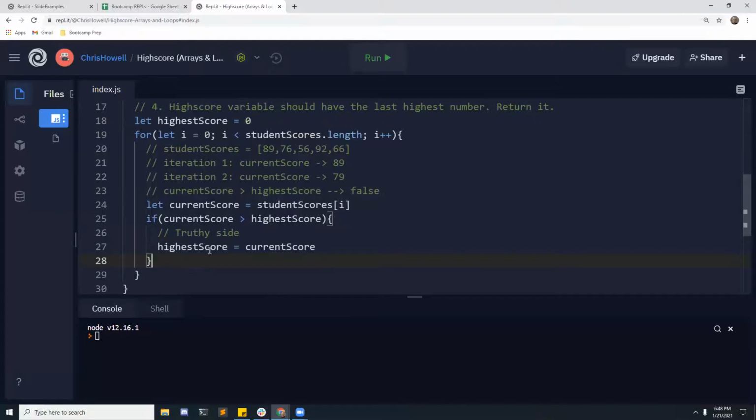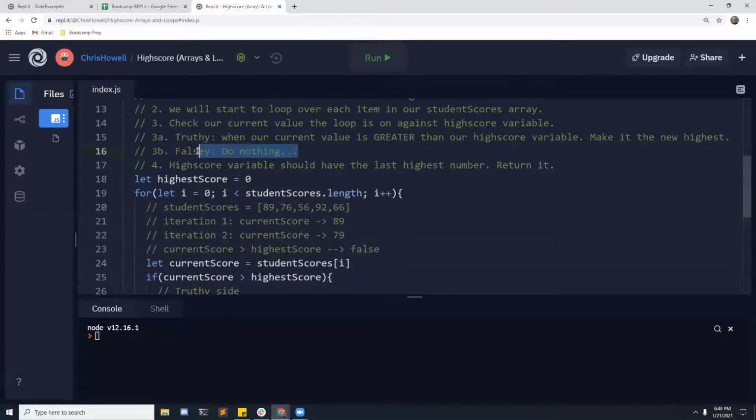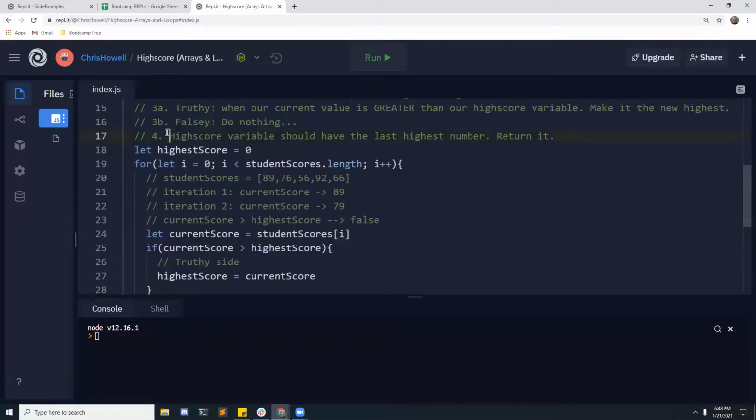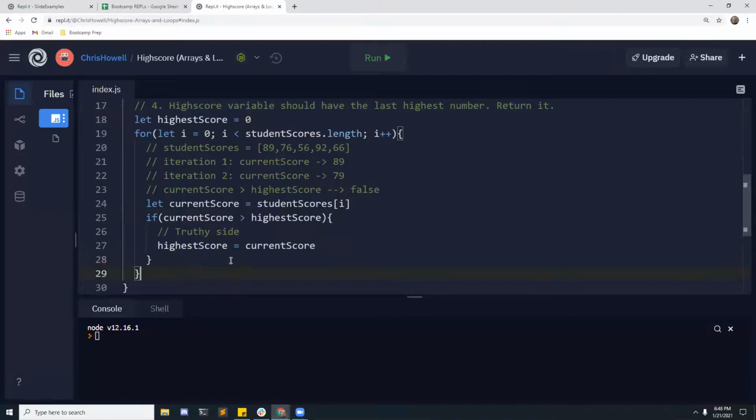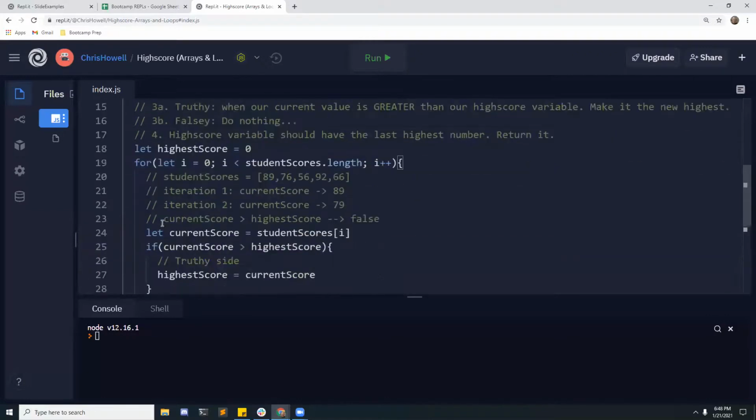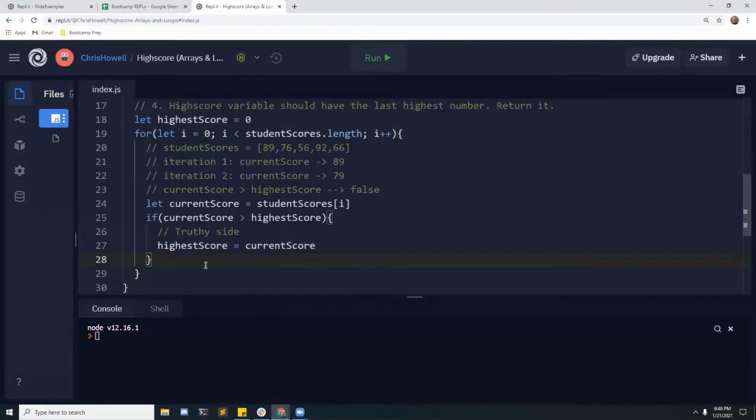So at the moment, we do nothing for falsy. I took it back out. The high score variable should have the last highest number, and I want to return it. So this is a good thing too. I'm going to mess this up on purpose just to show something that a lot of students do and don't realize it. I'm going to return highest